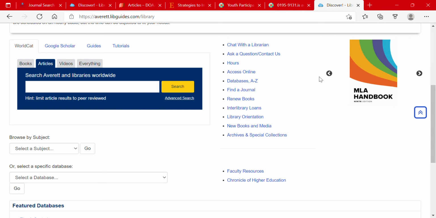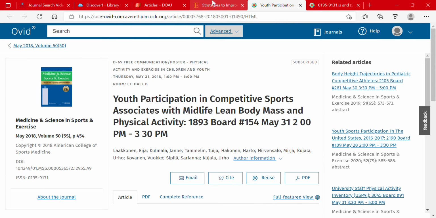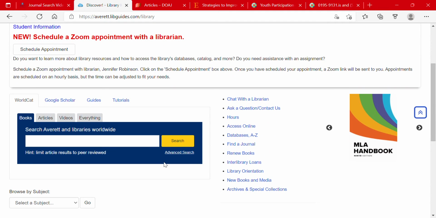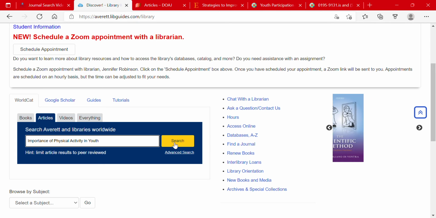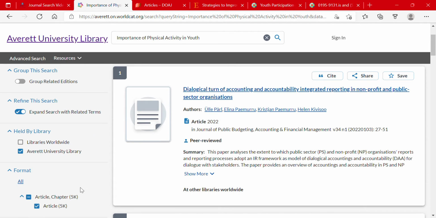So let's say we're going to look up something to do with the importance of physical activity in youth, which are all these right here that I pulled up already. So we're going to go right here, and we can either just search the article, so I can type it in. Search it this way and rank up a few different things,